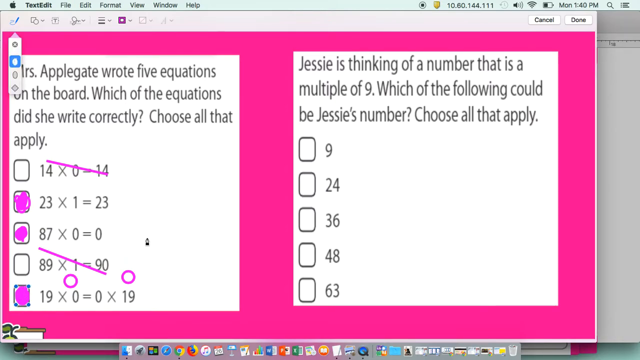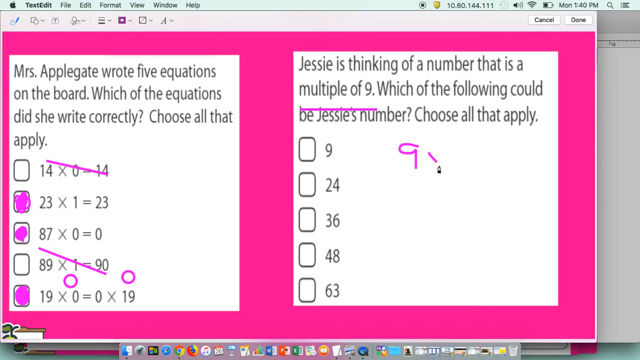All right. Let's move on to the next one. Jessie is thinking of a number that is a multiple of 9. Which of the following could be Jessie's number? Choose all that apply. So for this one, multiples of 9, what you have to do is write down your